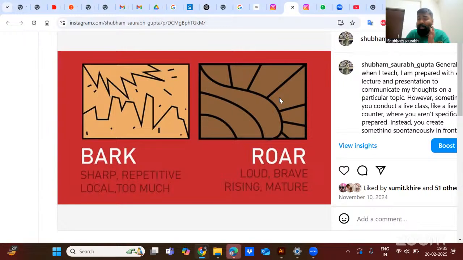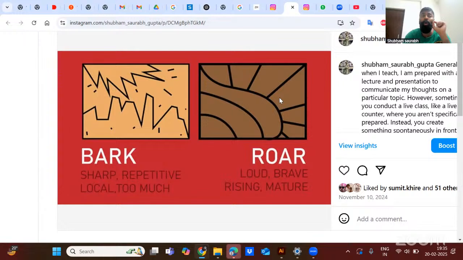So whenever you get these kinds of words like bark, don't just start jumping to the drawing. First, let's understand what a bark is. What are the characteristics of a bark? Write down those characteristics. Similarly with the roar. Roar is what? It's loud, it's more brave, it's rising, like in ascending order, it rises and it's mature. These are some feelings. So once you are able to write down the characteristics of anything which is intangible, that you can't see, then